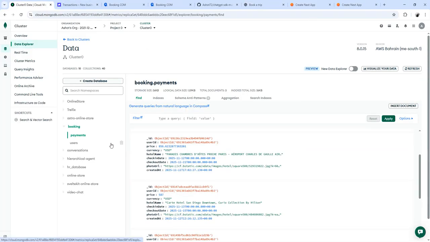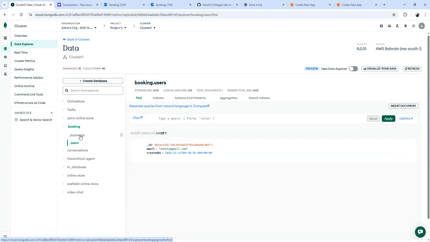All these payments are saved into the Mongo database. These are users. We have only one user and payments.